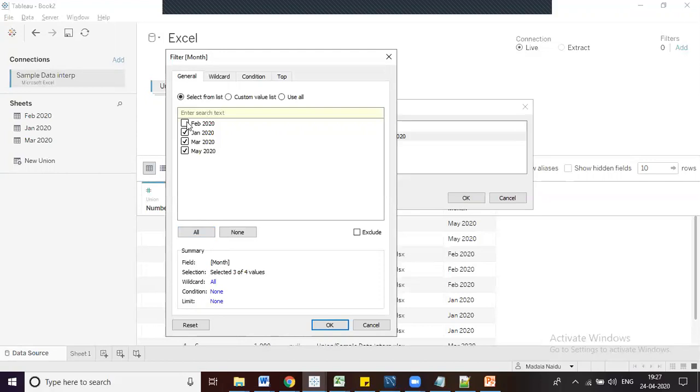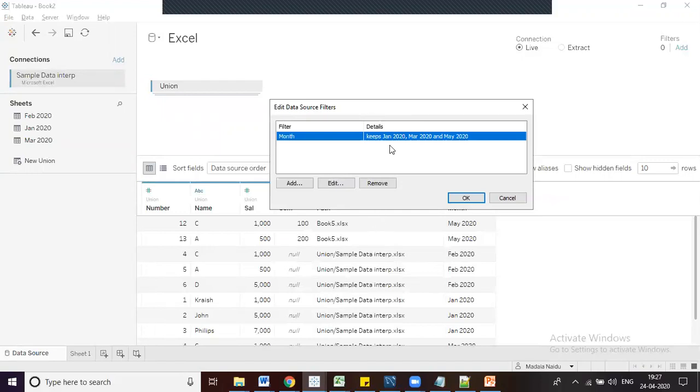This way you can do it. Or another way is you can select what is not required and select the exclude option. Now let's click on OK. Now you can see it keeps Jan, March and May data, right?